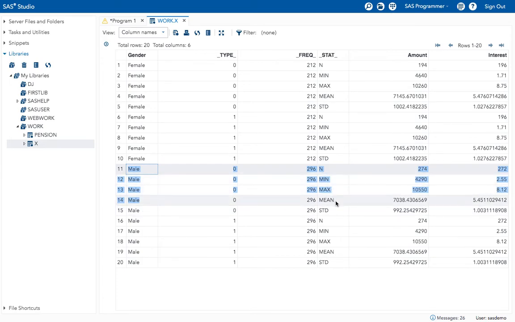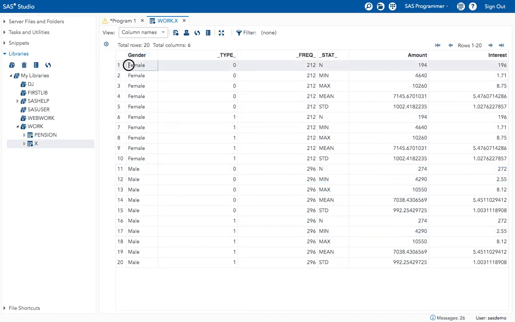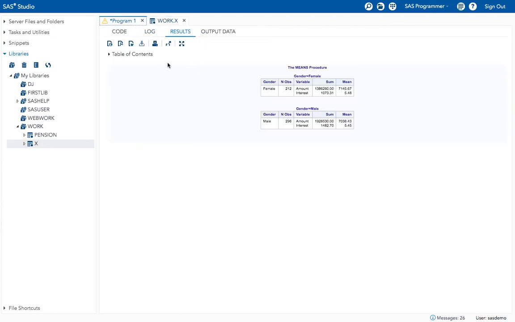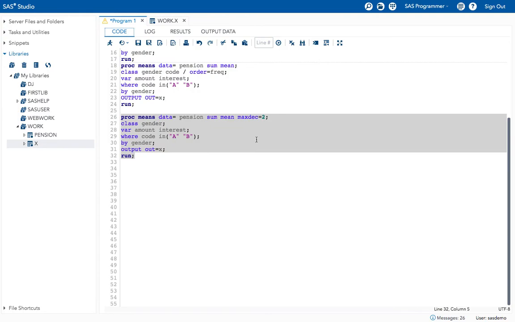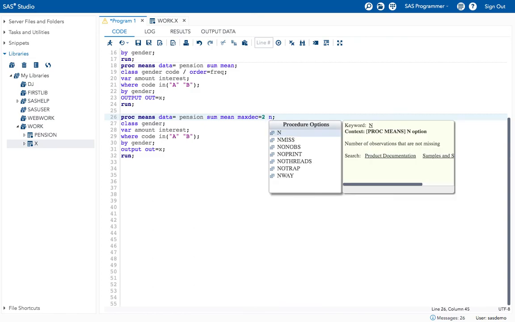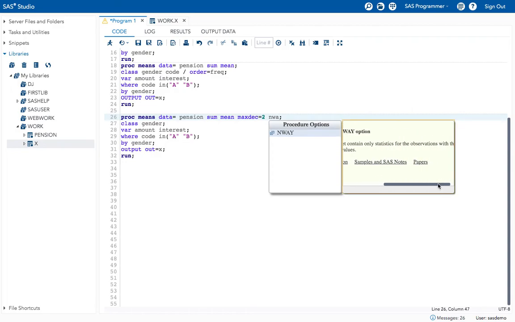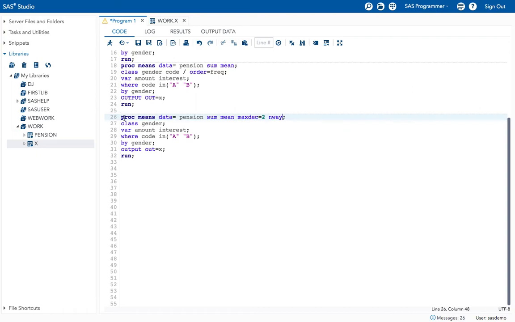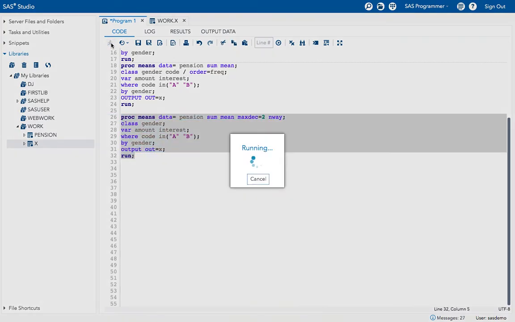If we don't want these automatically generated descriptive values, we can avoid that by using the NWAY option. Okay, use the NWAY option in the PROC MEANS statement itself. See, NWAY specifies that the output data set contains only statistics for the observations with the highest type and way values.